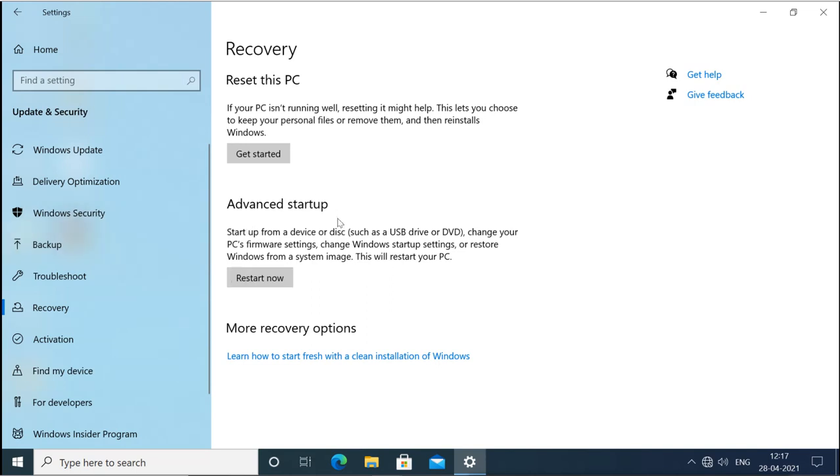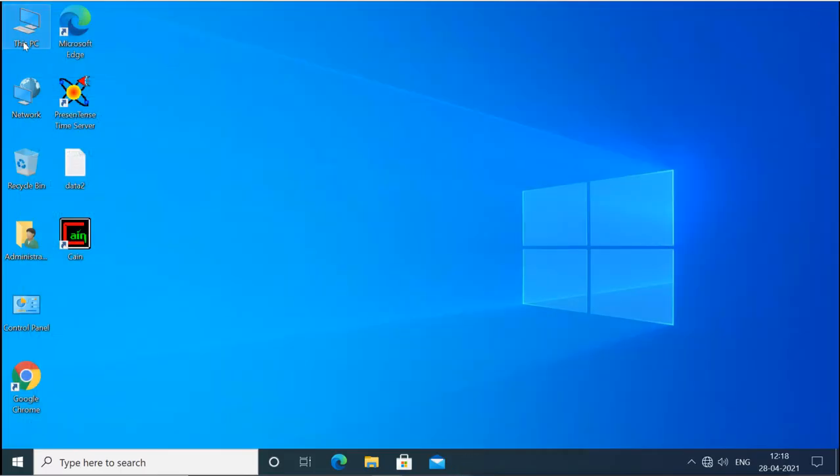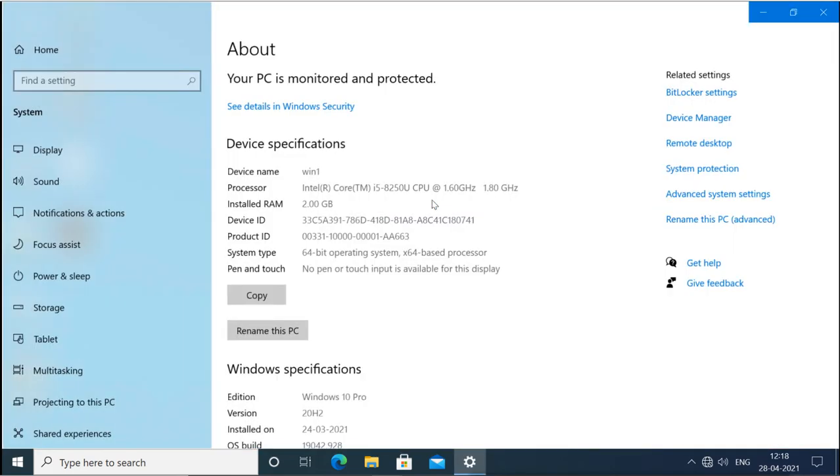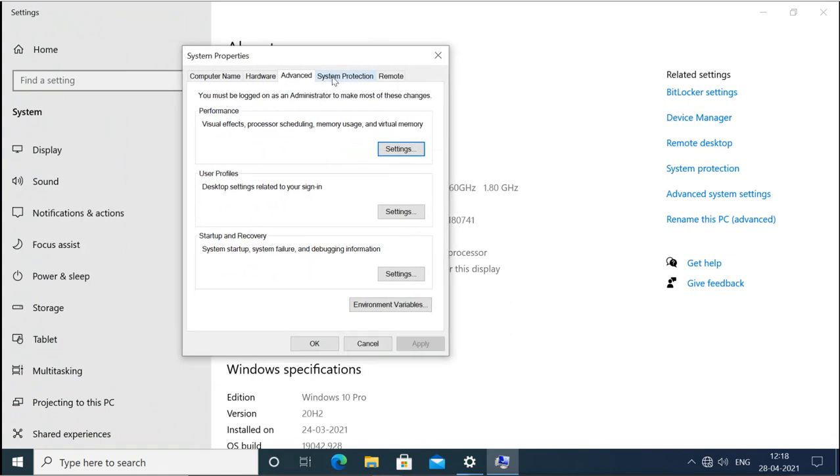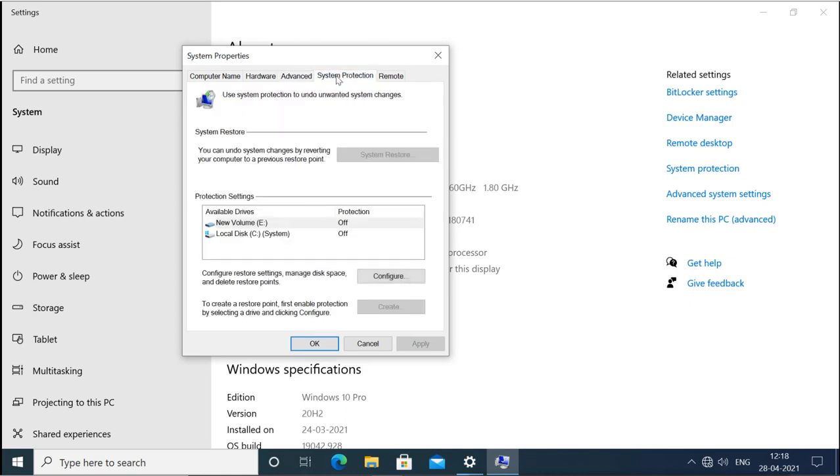Where you will see the system restore point option is in the control panel, in the properties of system. So you will right click on the PC and go to the properties. It will take you to the settings app for the properties here. Now here you will go to advanced system settings. Under the advanced system settings, we have system protection. This is the system properties. Under this we have the system protection option, and under this we have system restore.